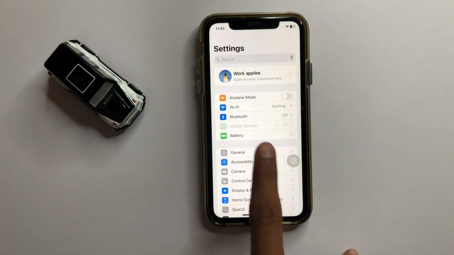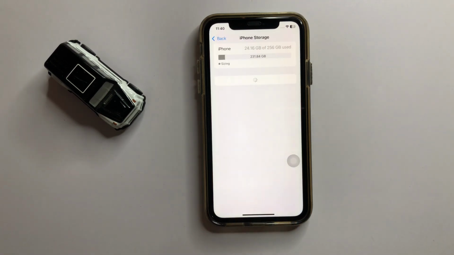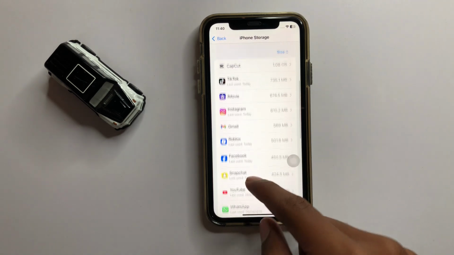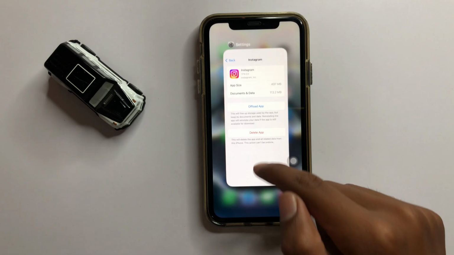In settings, click on general and then click on iPhone storage. Now scroll down and click on Instagram. Now here you can offload your Instagram app and reinstall it. After you install your Instagram app, your problem will be